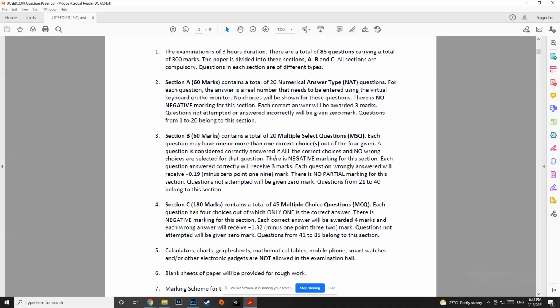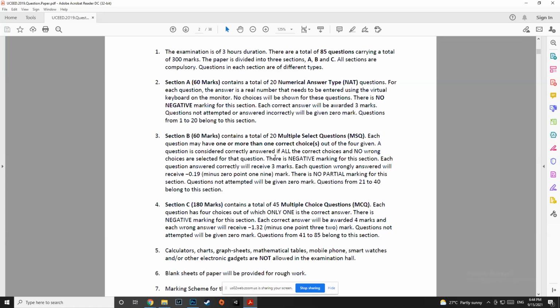There are full marks only if all the correct options are chosen and none of the incorrect options are chosen. Now they have changed the rule so that you don't have to give all of them. There are partial marks if all 4 options are correct but only 3 options are chosen and none of the incorrect options are chosen. So there is partial marking in that, according to how many you get correct. In all other cases there is negative marking, and if you leave the question, I think it is 0, right? So this is the only change for MSQ.